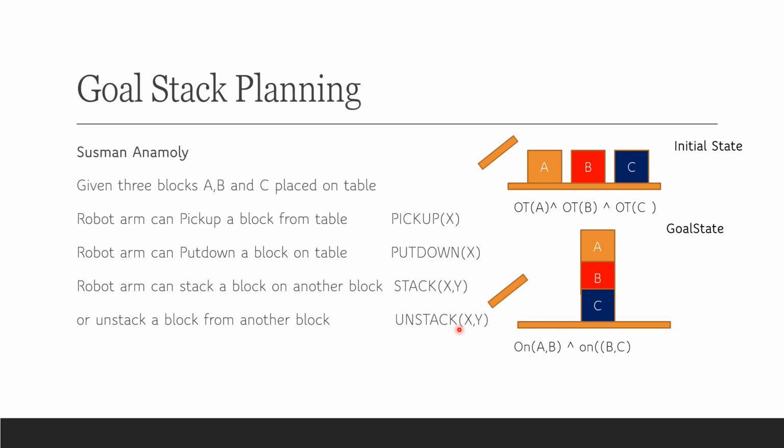Let us see how the goal stack is used to obtain a set of planning steps. The overall objective of goal stack planning, or any planning algorithm, is to generate a sequence of operations which will be implemented to move a system from the initial state to the goal state. That means the robot arm will follow that sequence of operations to move from the initial state to the goal state. So any planning algorithm will recommend what sequence of actions must be implemented in order to achieve this goal state.